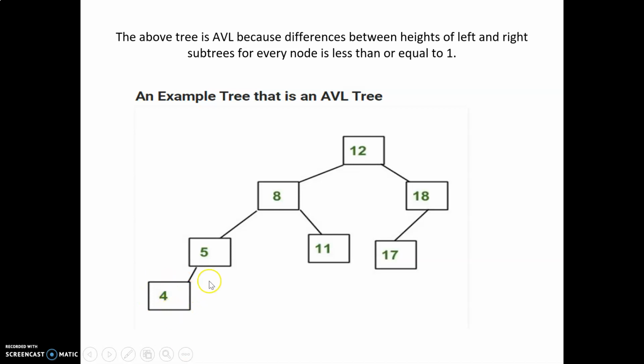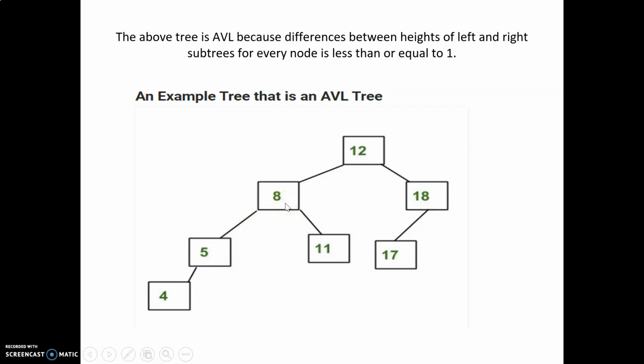We are going to start from a newly inserted node. For example, this is the node. The balancing factor of this is the height of left subtree minus the height of right subtree. So in this case, the balancing factor of this node is 0 because it has no left subtree and no right subtree. Let us take this example 5. The left subtree has height 1, whereas the right subtree has height 0. The balancing factor of 5 will be height of left subtree minus height of right subtree. That means 1 minus 0 will be 1.